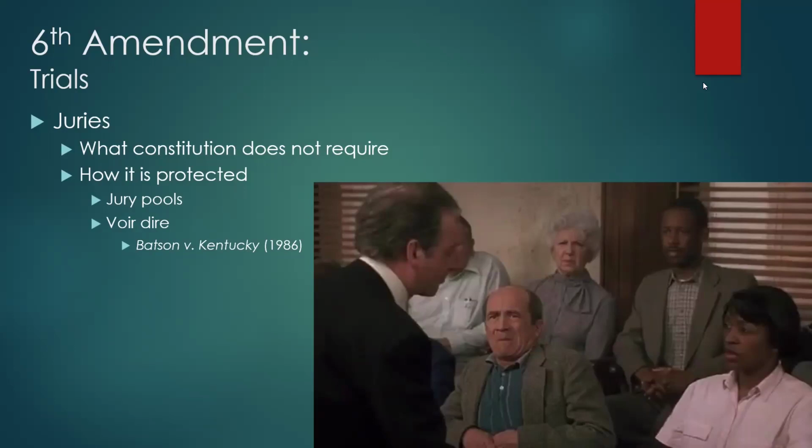And then the prosecution has to provide race neutral reasons why they made the peremptory strike. So now you've got to give cause. You've got to state why you made that strike. So I used the context of a criminal prosecution. Batson challenges can be made in civil cases as well.